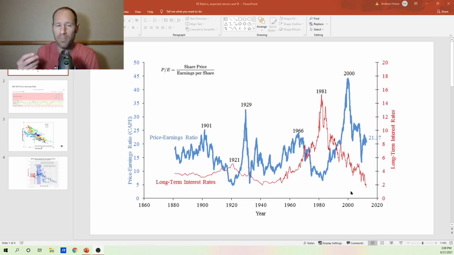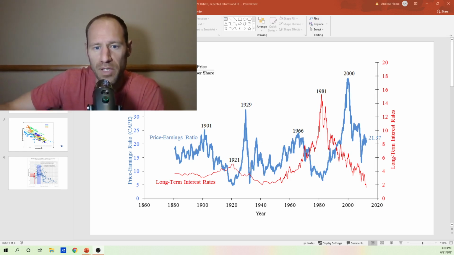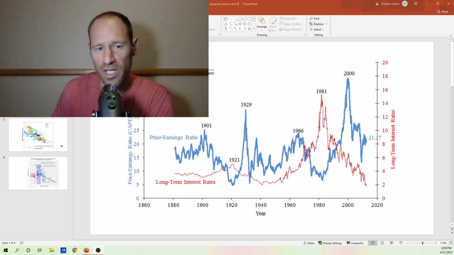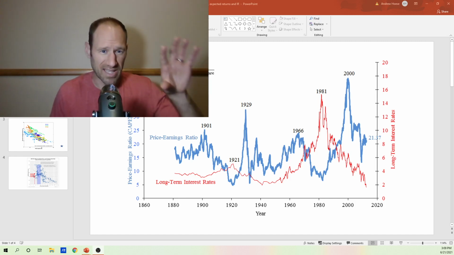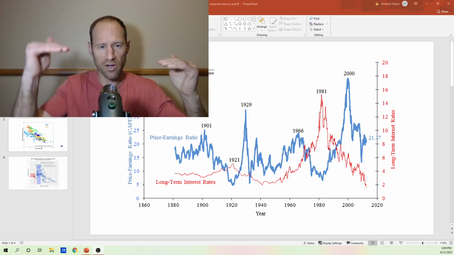Now, it may not be a perfect correlation 100% of the time, but overall, you're going to see a trend: with an increasing interest rate environment, you're going to see a contraction in the PE ratio, the price to earnings ratio, which means that people are less willing to pay a higher multiple in a higher interest rate environment. So they're going to pay less price per earnings given a higher interest rate.